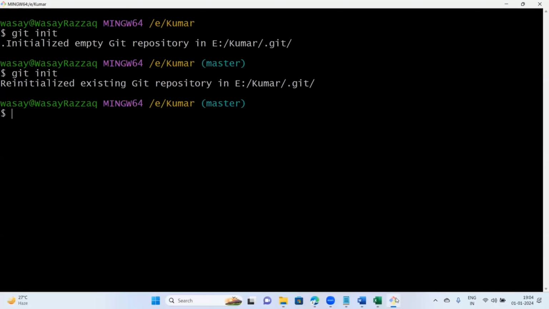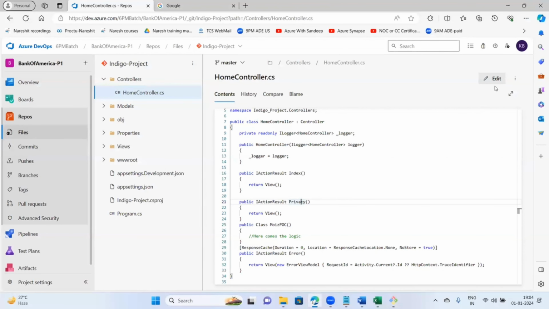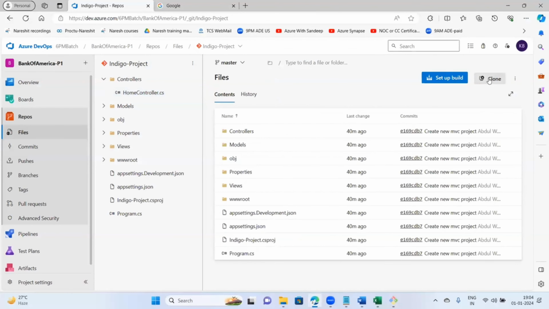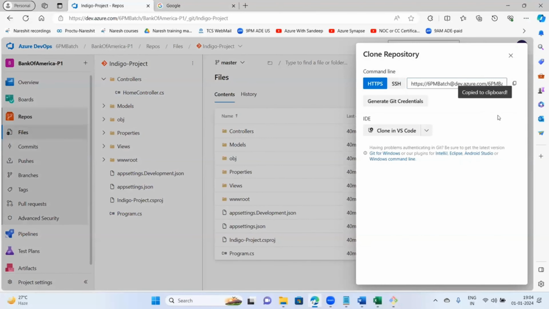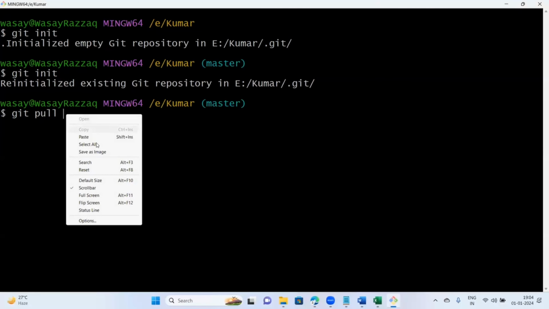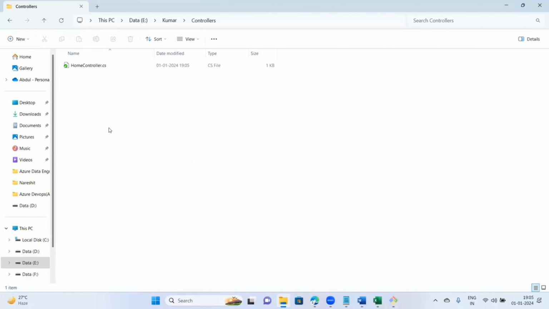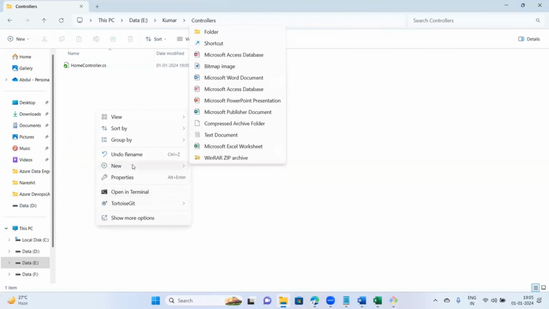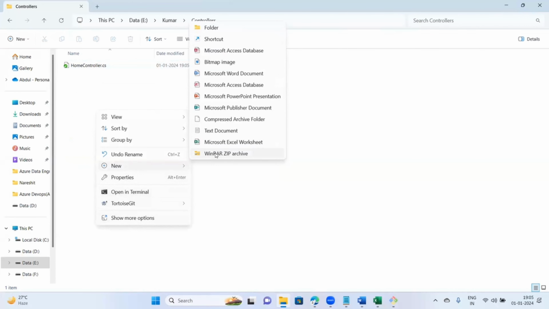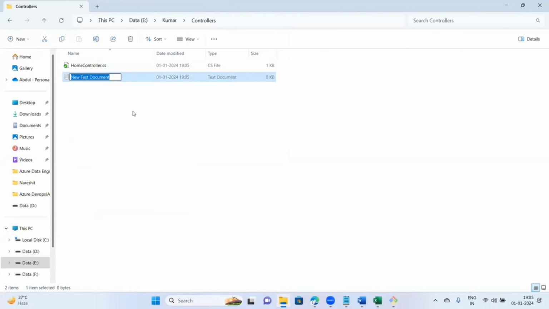Now Git pull. Kumar is pulling the complete project first. So come to clone, click here, copy this, come here and paste it. Okay, the complete project is pulled. Done. What will Kumar do now? Kumar will directly add a new file only. Kumar is adding a new file itself. So for that, what will Kumar do? Kumar will say here